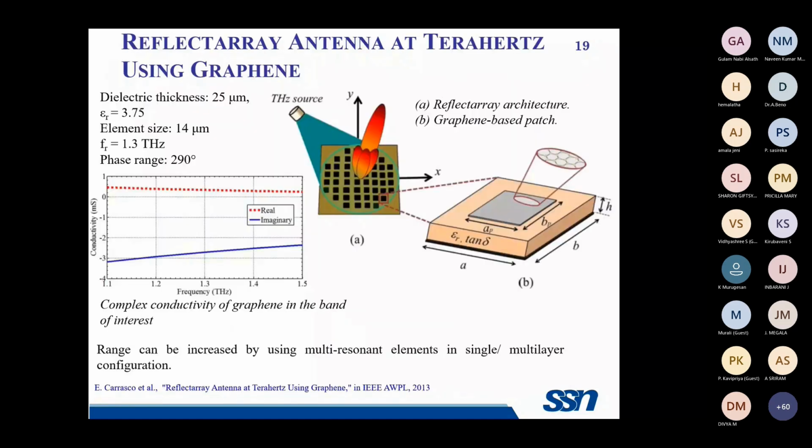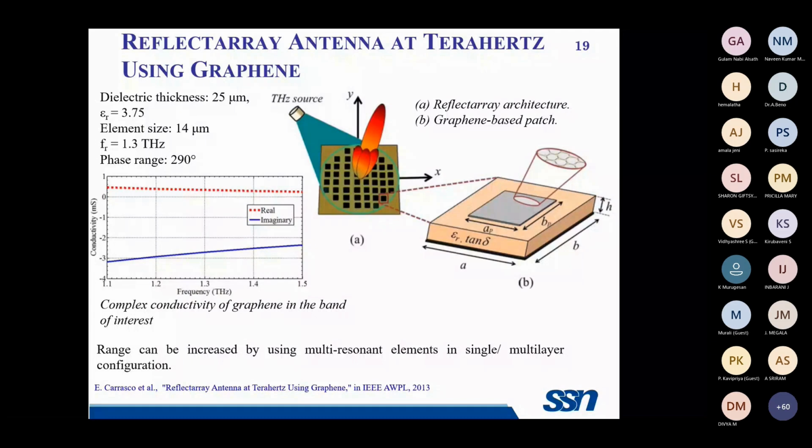And these reflector arrays can also be constructed using various kinds of materials. So for terahertz operation, we are very much aware that we'll be in need of graphene structures. These graphene structures can replace the other metal structures which are being used in terahertz applications. We all know that we can use a gold patch too for such applications. But instead of a gold patch, if you use the graphene material, that will provide us a better result, which I'll show in the further slide.